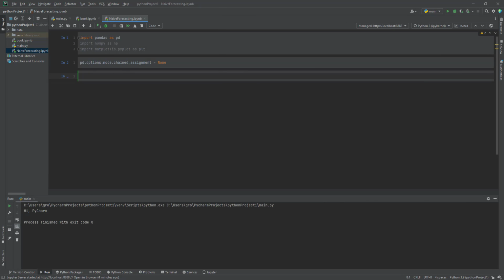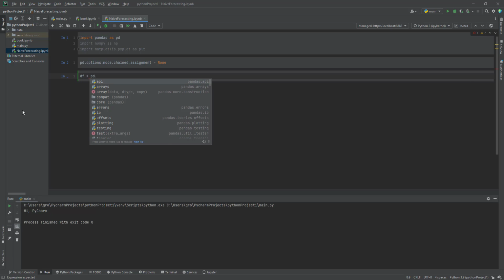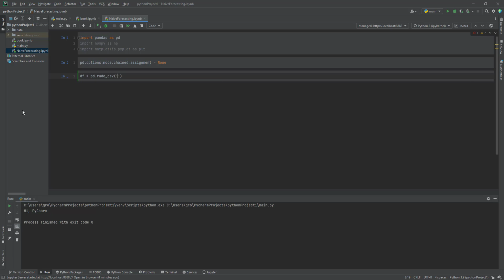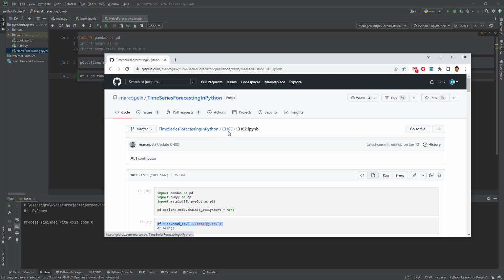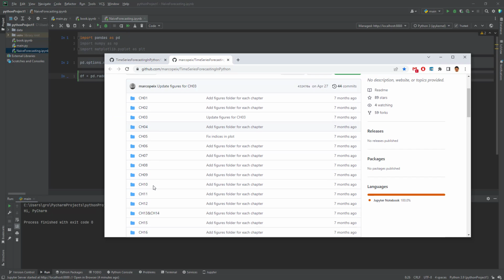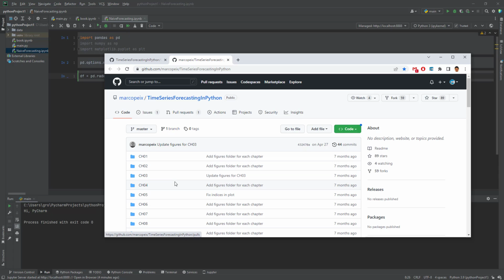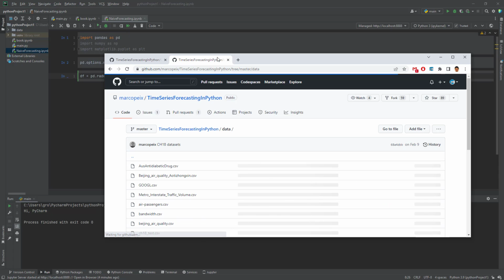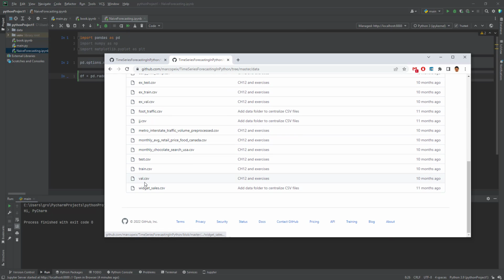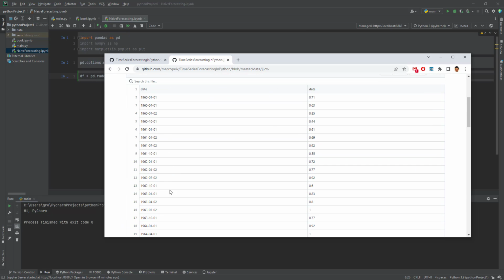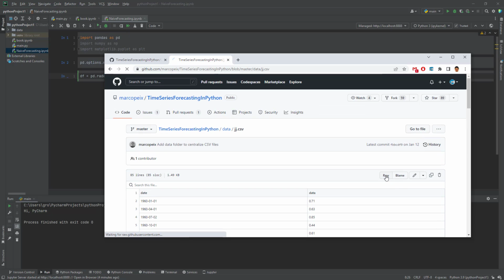The next thing that we are interested in is getting our data into a data frame. That's pd.read_csv, and then depending on where we put it, we just say jnj.csv. If we go here to the time series GitHub, in the root directory, we can go to the data and look for the jj.csv. It's this one, a CSV data file, so we can simply go to Raw,